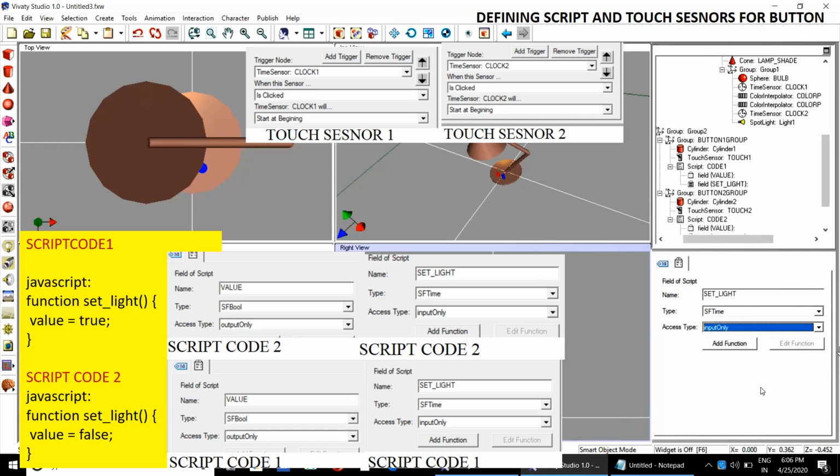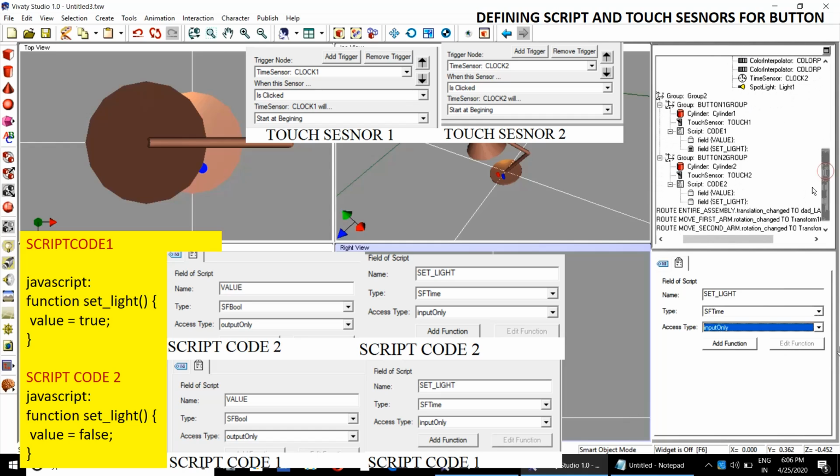Similarly, script code 2, field value SF bool. Here we want SF bool output only.